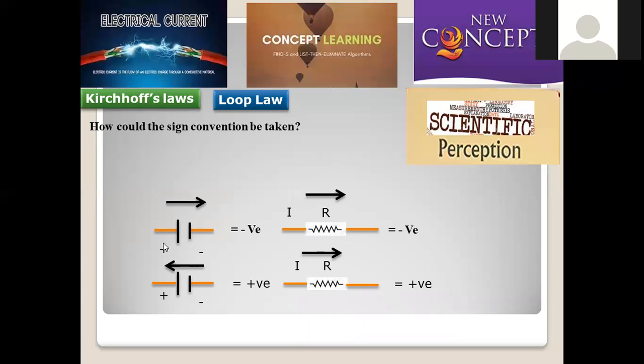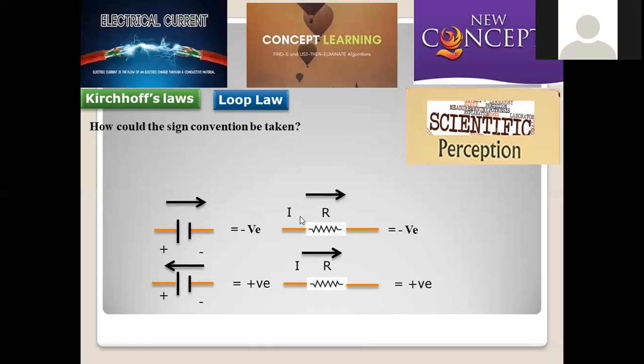Here, let us assume this is a kind of system. The two terminals of the battery are in this direction, for example, and this is a resistor, and the strength of current is assigned as I. And here also we are moving in the same direction. So here the battery and the resistor both are moving in a similar direction.